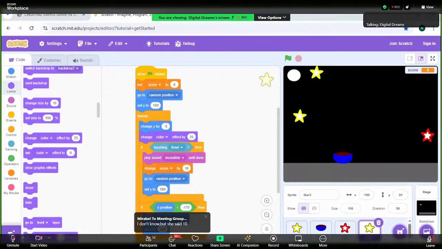Whoa, we are coding for our star instead of our ball. Oh, you remember what I said? Now I'm making the mistake. We are supposed to click on our ball before we start coding, right? Now we have made that mistake, so we have to delete our block, go back, click on the ball, and make sure our ball is highlighted. Then we can now